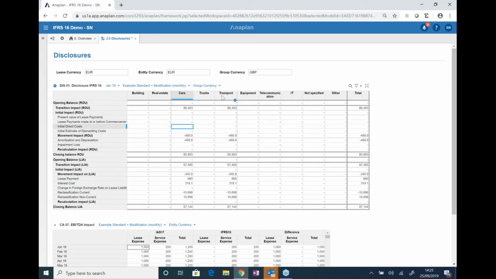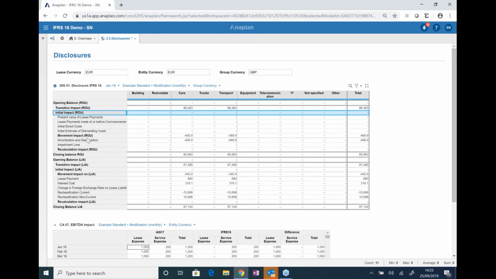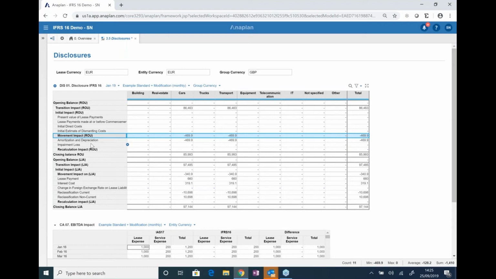Within here, we can see a breakdown of lease category. Most importantly, this walk, as we move through rows, is taking us from opening balance to closing balance in terms of right of use, and then, of course, the liability opening to closing. Looking through here, we can see a transition impact, and then we can see the movement impact here. And that movement impact is a result of the